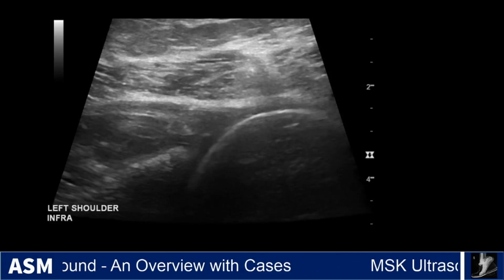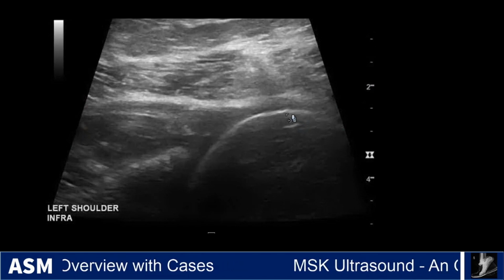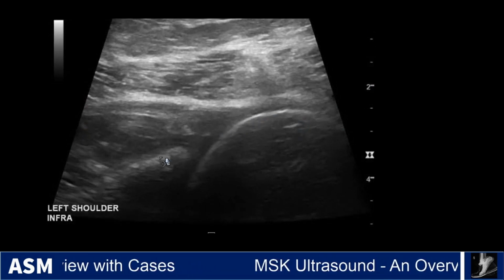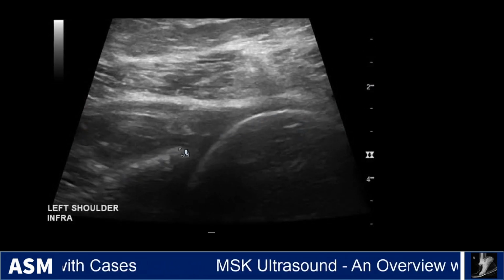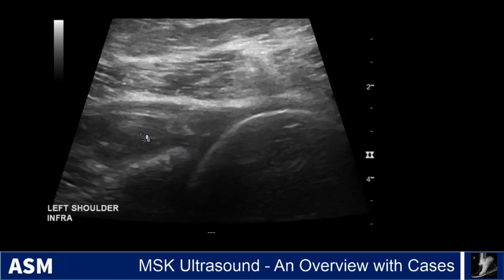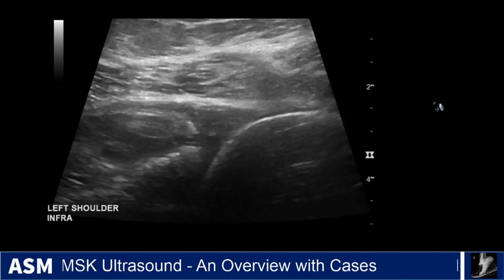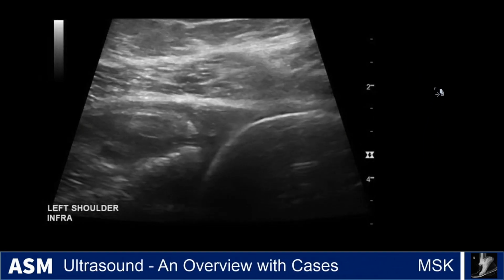In this case here, we're seeing the back of the shoulder. This is a dynamic ultrasound, and we're seeing the humeral head right here, the glenoid with the posterior labrum, and this is a torn infraspinatus tendon. The tendon stump is right here, deltoid here, subcutaneous tissues, and if we have this patient internally and externally rotate